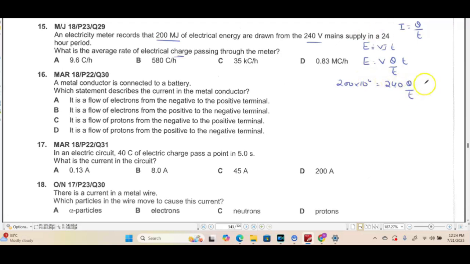Q over T we can let over here, and 24 hours is the time. So this is going to give us 5760 Q over T, and here we have 200 into 10 raised to the power 6. So 200 into 10 raised to the power 6 over 5760 is going to give us an answer of 34722.2